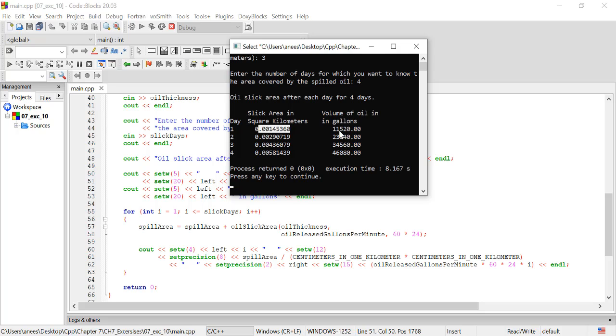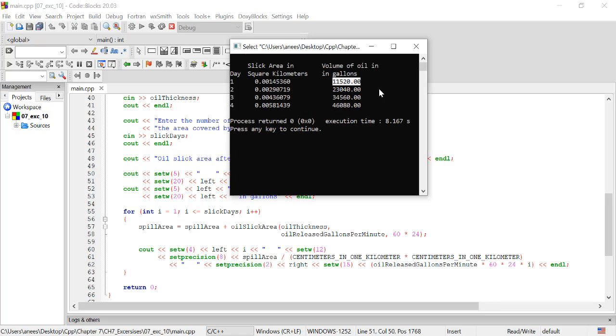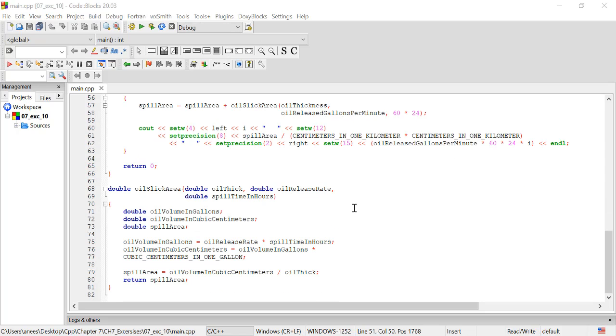Now we have the volume of oil in gallons, which is right here. And then we print it out, and there we go. We also get trailing zeros, as we wanted it to have fixed values. After we are done going over the loops, we can exit out of that, and I could go over the